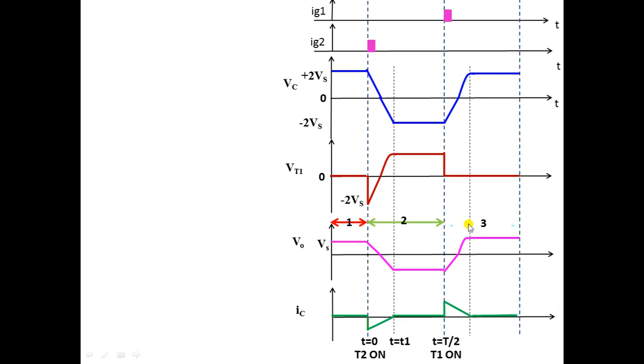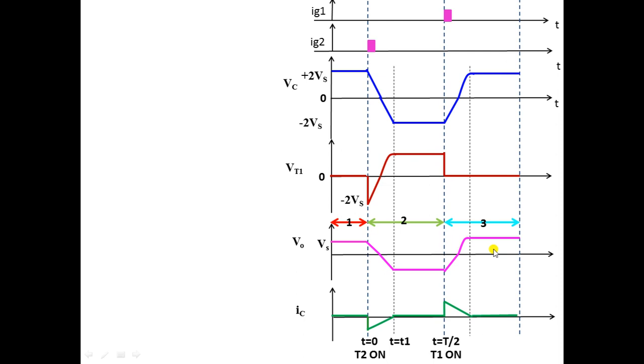So this is our mode 3. So these are the two parts of mode 3. Okay, so this is your mode 1, this is your mode 2, this is the mode 3. Now if you see properly here, this is the output voltage V0 which is in AC form. Thus AC voltage is obtained across the output terminal, or the secondary of the transformer, across the load.